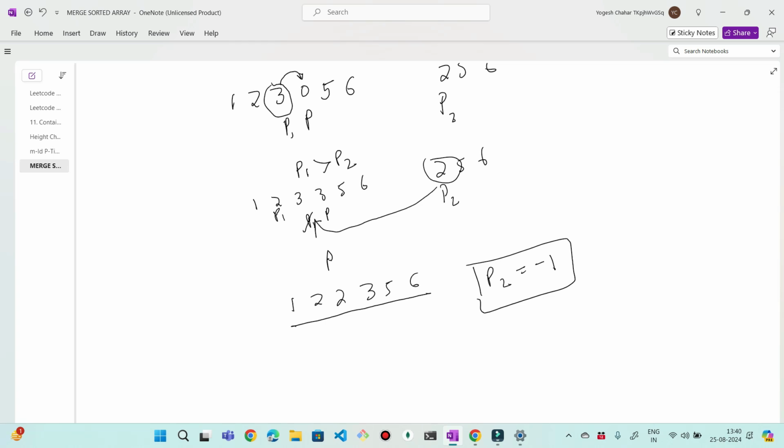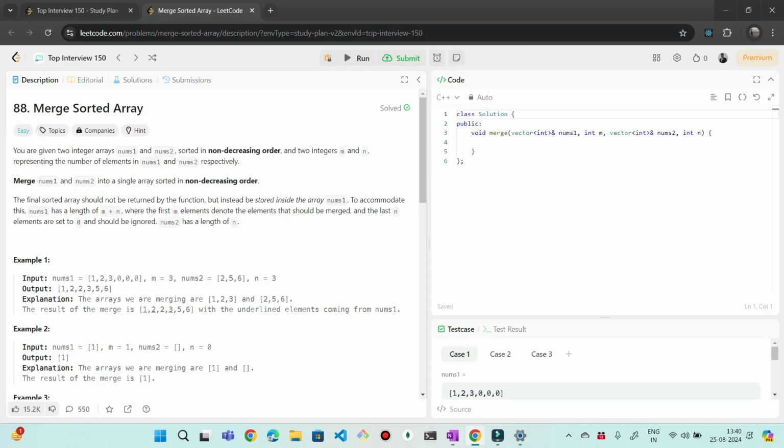And since we have put all the numbers from nums2 into nums1, I do not want to sort the array once again. So I can simply say by the end of this P2 becomes negative. Then that means we have got the final input array as the output. So we can simply return the answer based on this index.